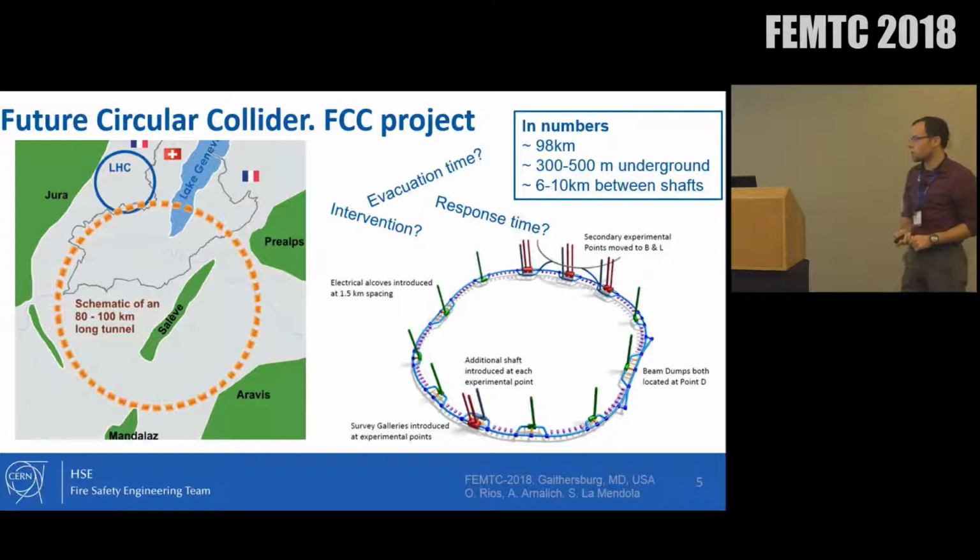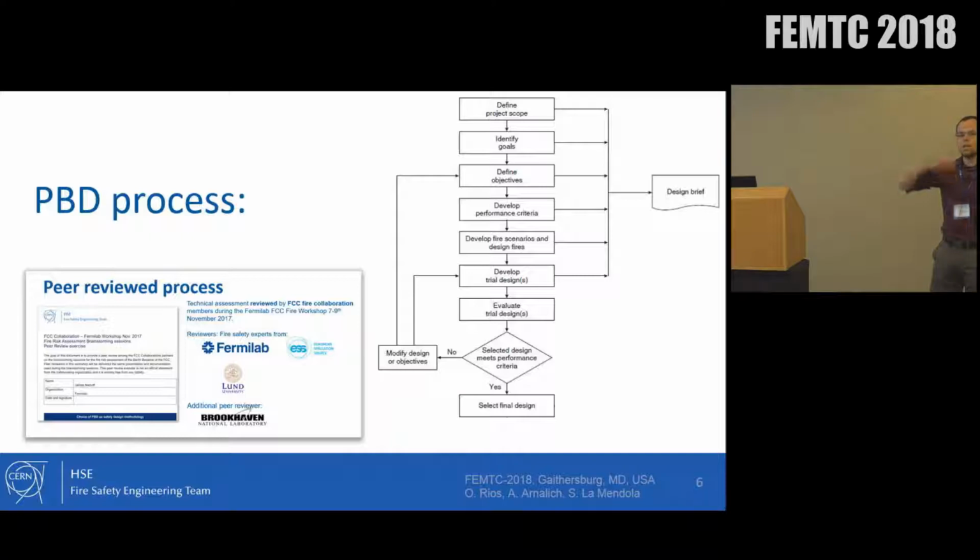And actually I got involved with CERN to work on the performance-based design for this future collider, as it's called, future circular collider. So within this project, we were looking at fire safety in this tunnel, and we set out the performance-based design approach as it's stated in different guidelines. So we started from the beginning. We iterated the trial design to look at the robustness and the safety of this trial design. We even peer reviewed it with other accelerator facilities, some of them in the United States as well, some of them in Europe, just to have some feedback around this process.